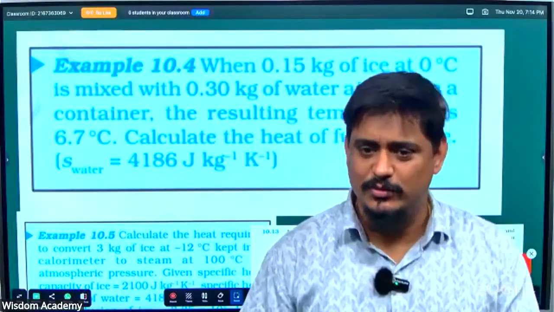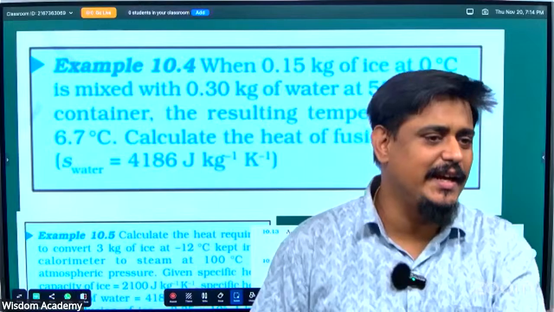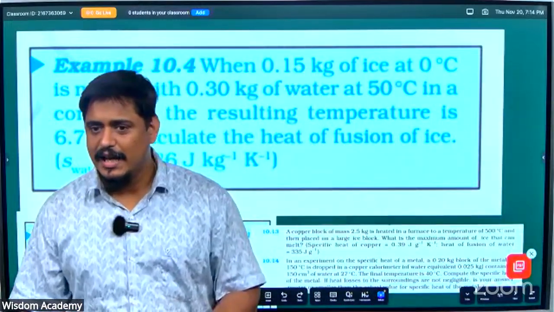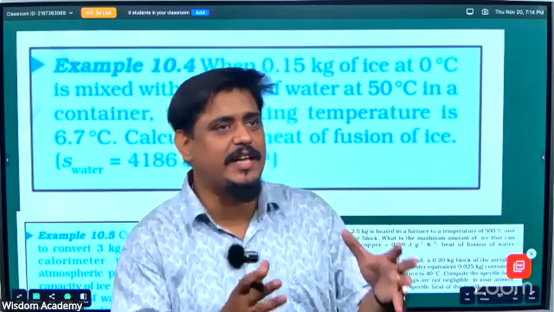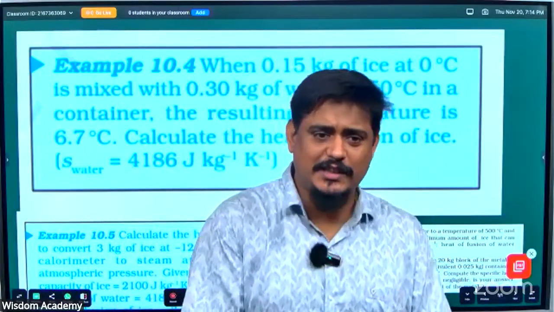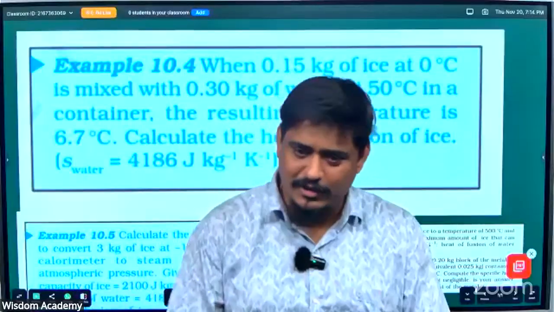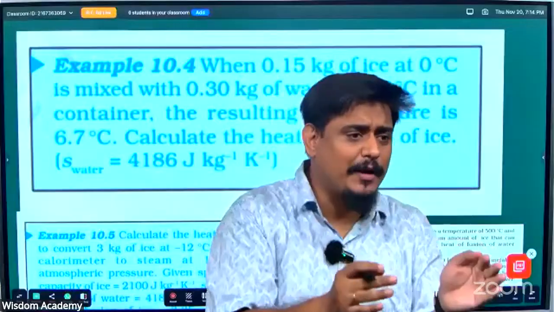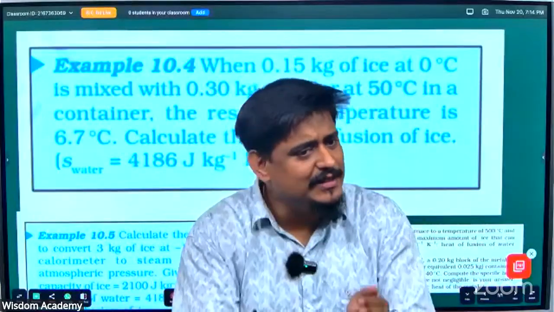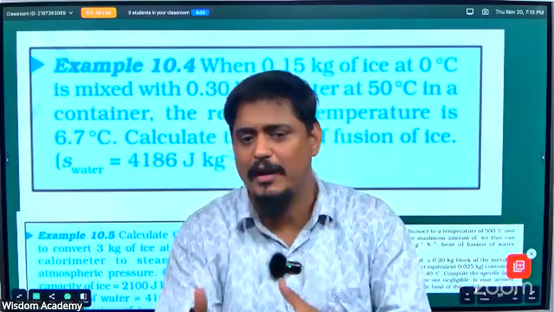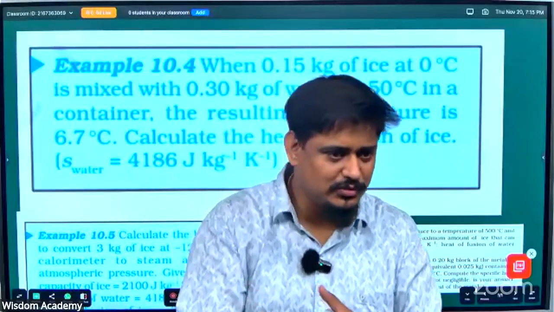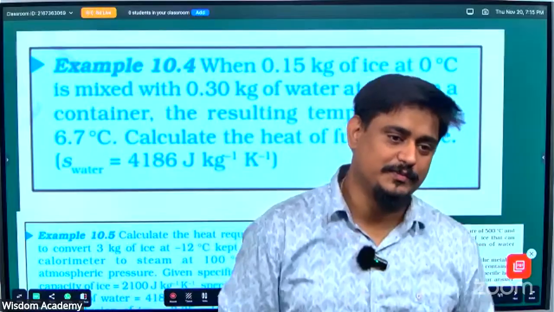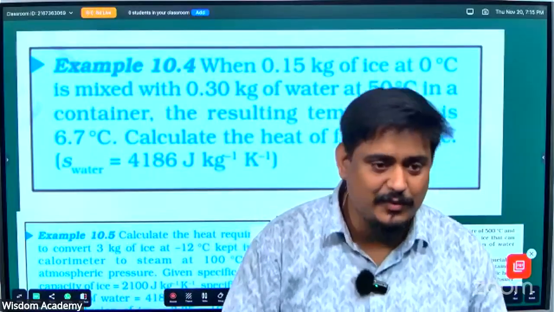Theoretically, I taught you. The principle of calorimetry is heat gained by a cold body is equal to heat lost by a hot body. And then I taught you that if there is a change in temperature, the state will not change. If there is a change in state, the temperature will not change. If it is a change in temperature, heat energy can be found by Q is equal to mc delta T. If it is a change in state, we will use Q is equal to mL. I taught this to you. Looks very simple, but questions can haunt you if you are not understanding it well.